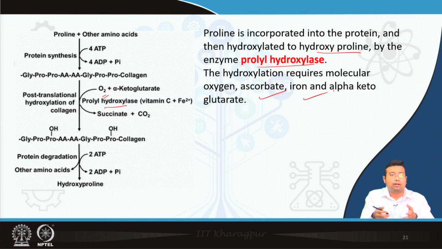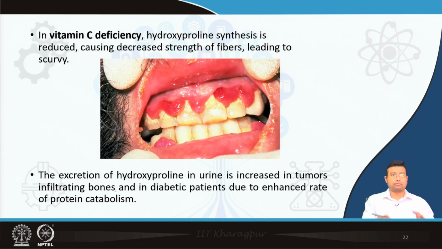And if there is excess degradation of this compound, it will again lead to production of hydroxyproline. So, hydroxyproline can be isolated from these proteins, right, but proline needs to be incorporated first and then it needs to be hydroxylated while it is inside the peptide chain, all right. A single proline generally is not hydroxylated by prolyl hydroxylase. Prolyl hydroxylase acts on the long peptide chain. So, since we read that this prolyl hydroxylase enzyme needs vitamin C to perform, right, and we also discussed that